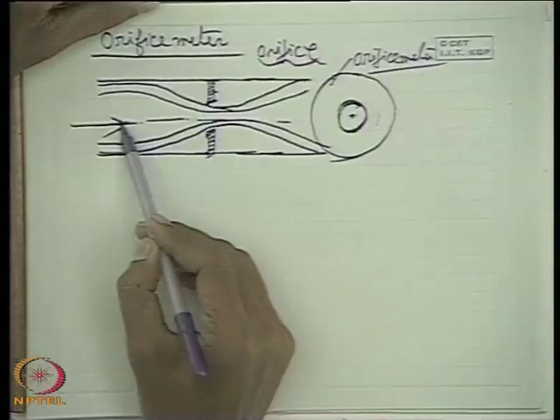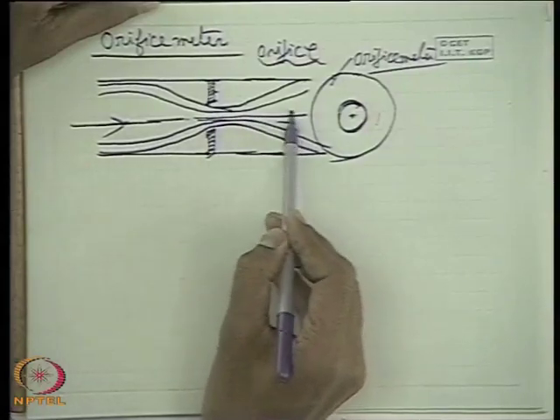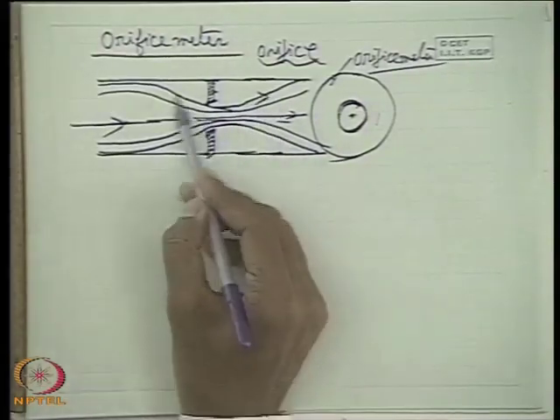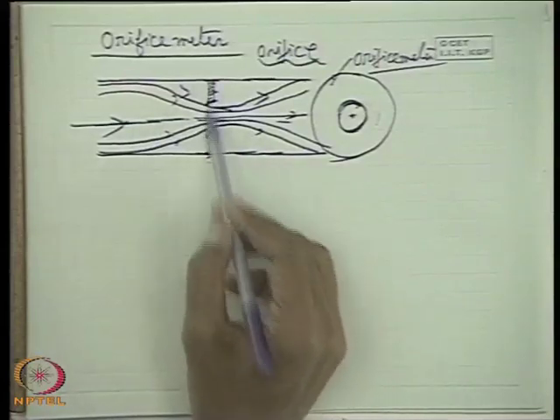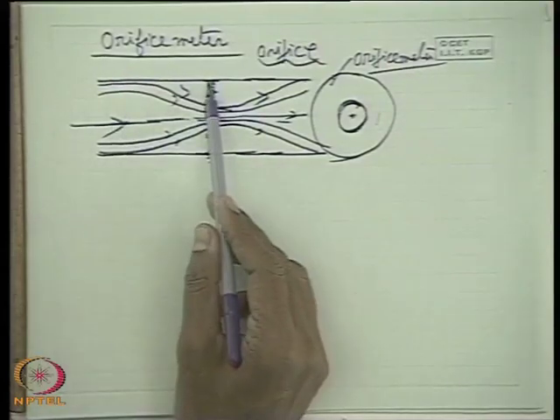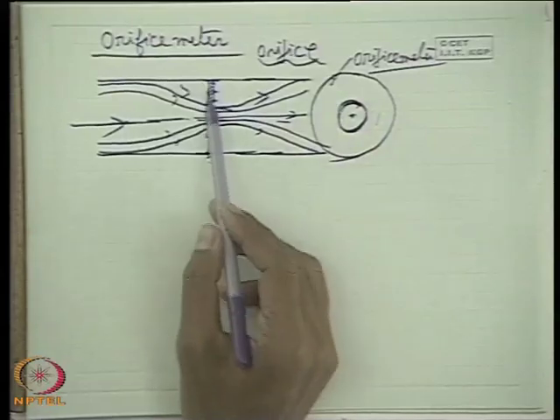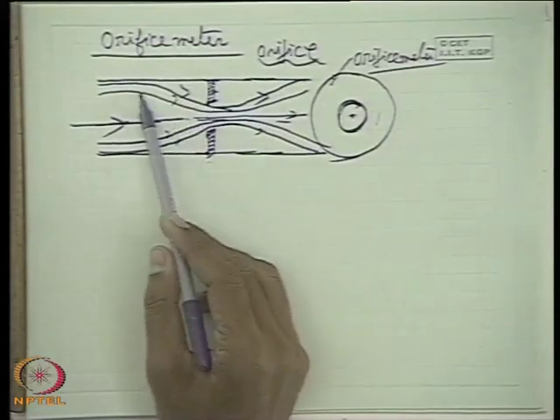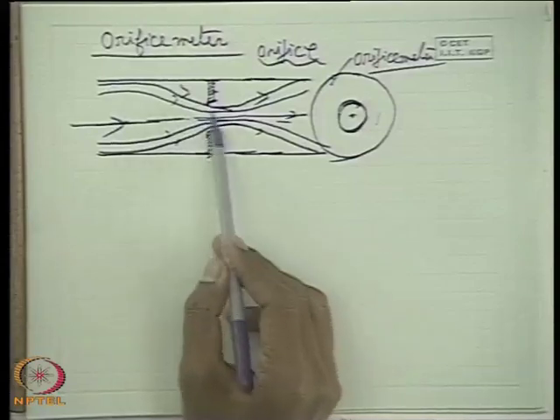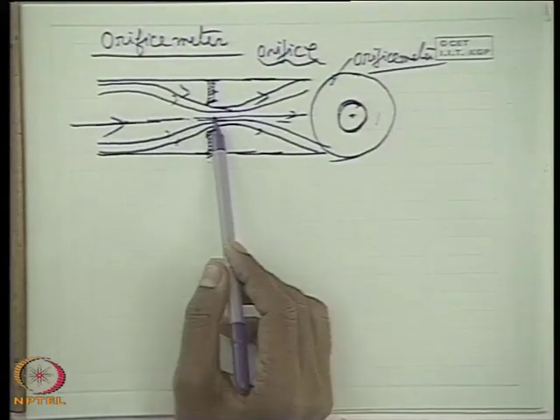These are the streamlines. So this is one streamline, center. So these are the streamlines. So what happens? Streamlines contract because now there is an area contraction. That means by placing this orifice meter by flange, we place the orifice meter between the pipeline connections. Then what happens? This provides a coaxial contraction to the path of the fluid.